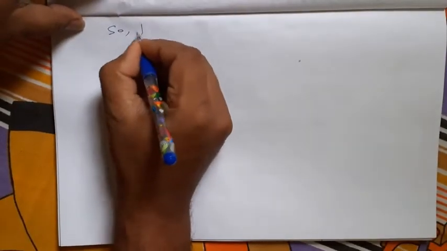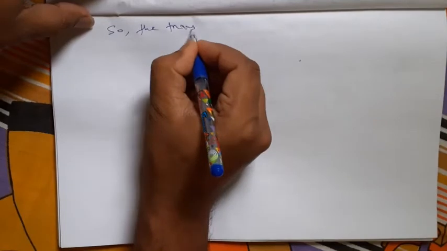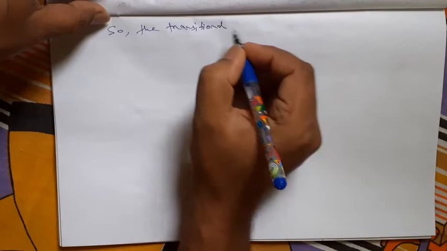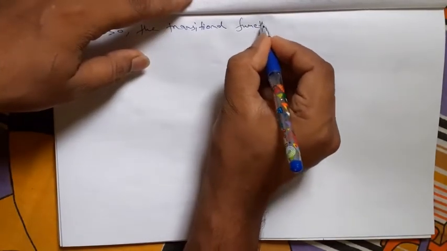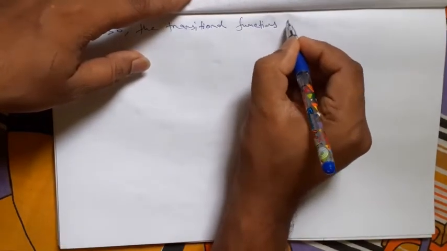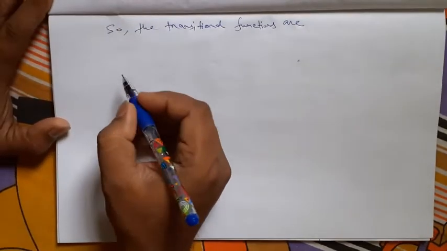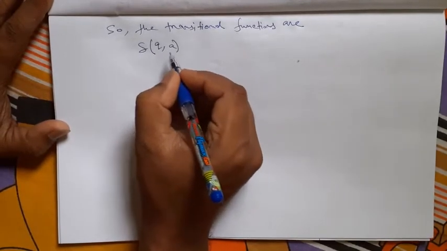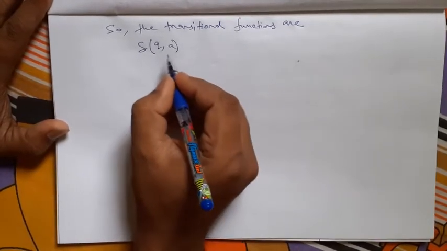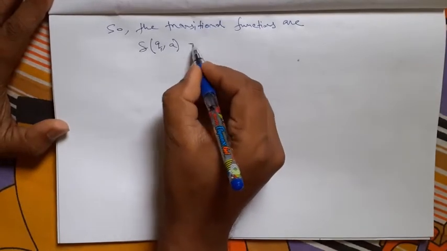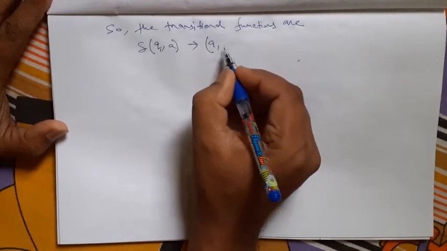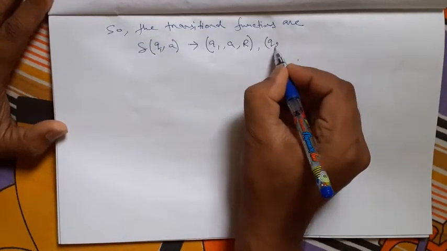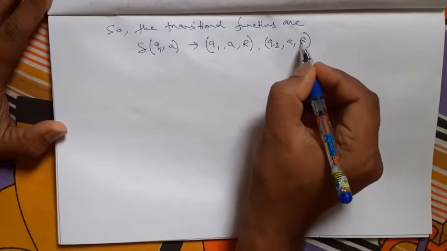So the transition functions are: delta of q1 comma a will be q1 a R, or maybe q2 a R,